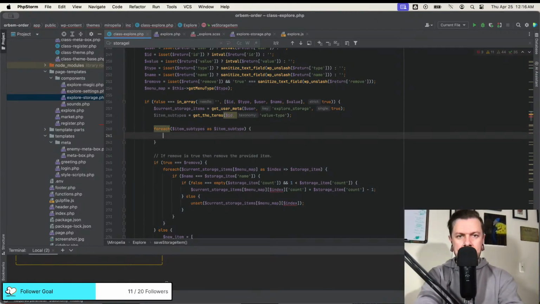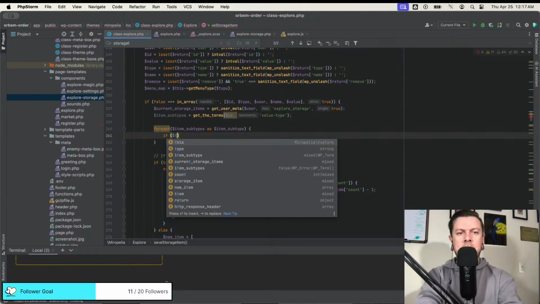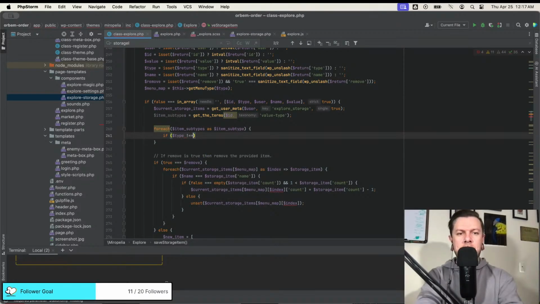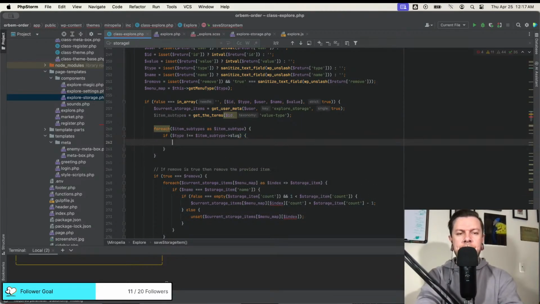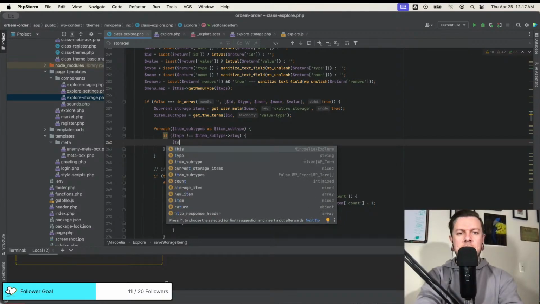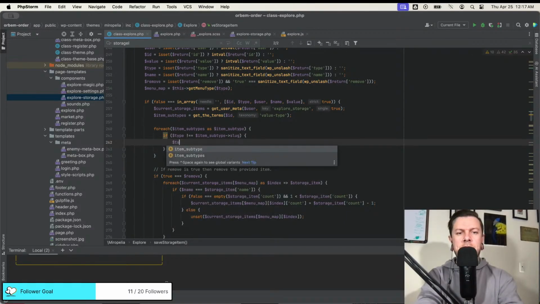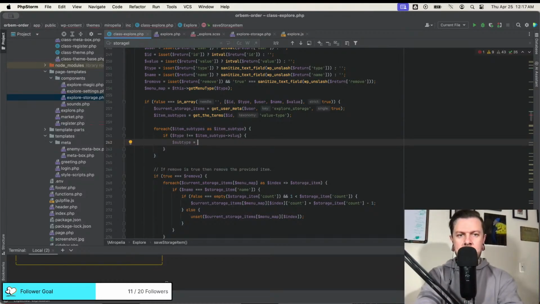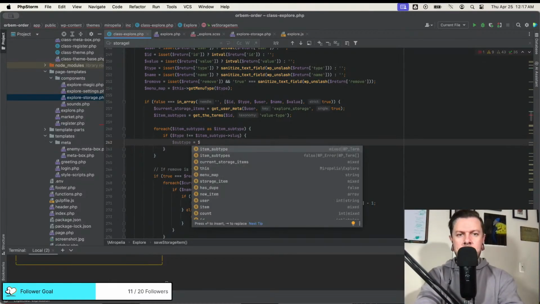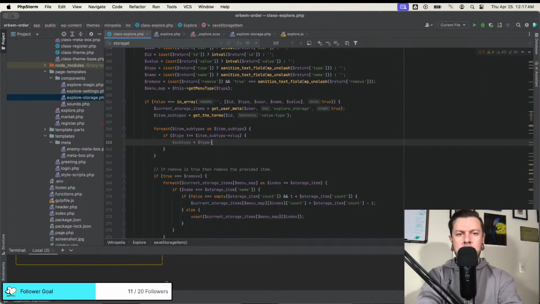Cool. And then what we're going to do is if type does not equal item subtype slug, then go ahead and set this subtype to type. Oh no, item subtype slug.